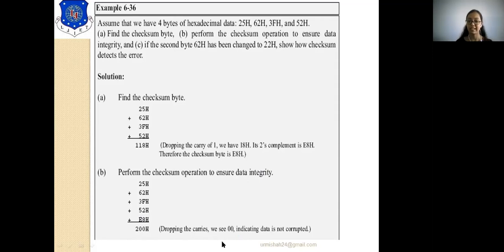Your data is clean. If instead of 00, my output was some definite value like 10 or 18, or any other value, then it means that you have calculated the wrong checksum byte or you have corrupt data. So this way you can check whether your data is corrupted or not by calculating the checksum byte.